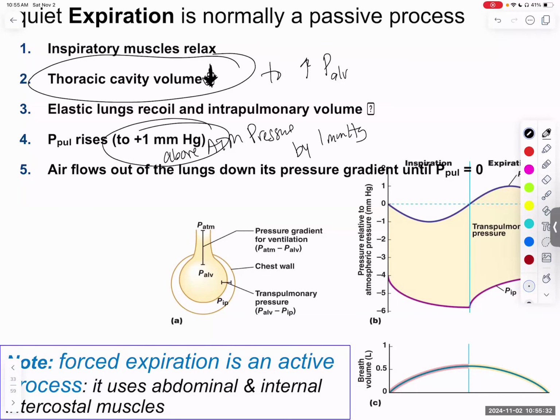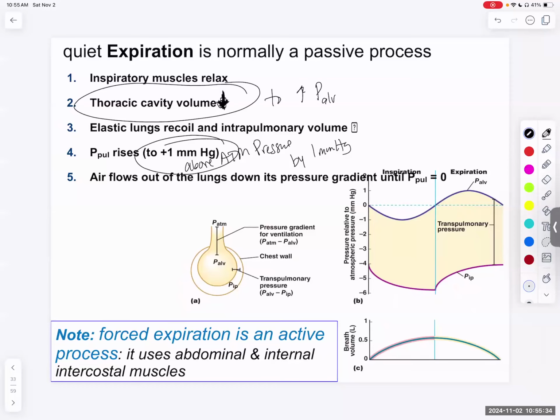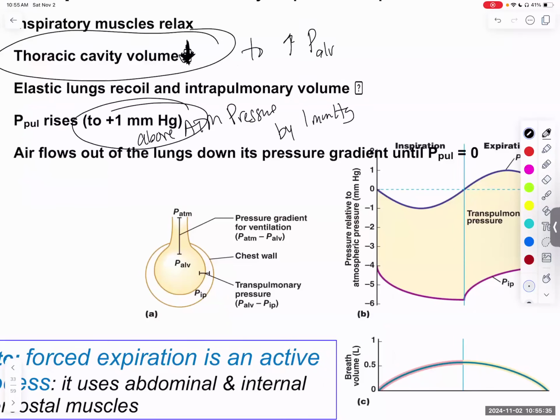And so air is going to flow out. So if we're looking at this graph, we're going above 1. But if you notice, I should have put the arrow the other way. If we're looking at the volume of air, it's going to decrease here. So when we do quiet breathing, we're moving about 500 mLs per breath,